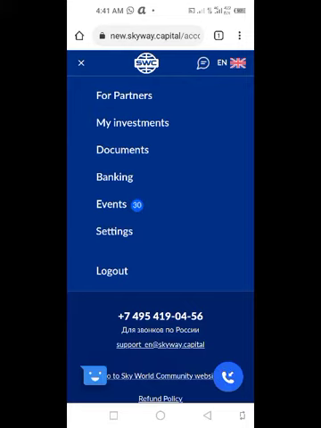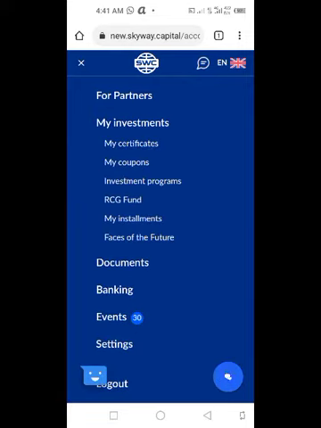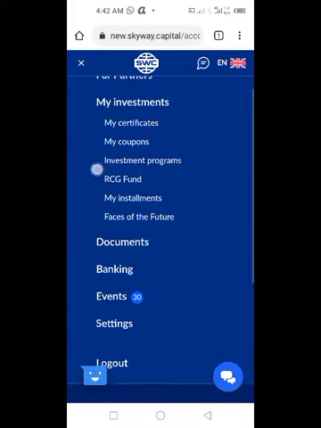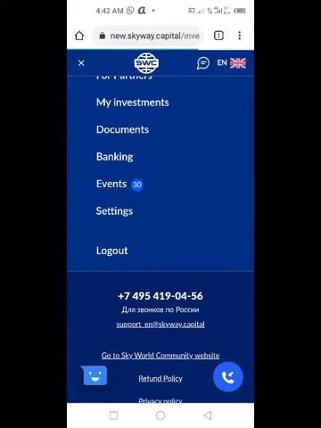When you come to this part where it says my investment, you will see several options, two of which are investment programs here and my installments here. If you have already picked an investment program and you just want to pay for an existing installment, come to my installment.